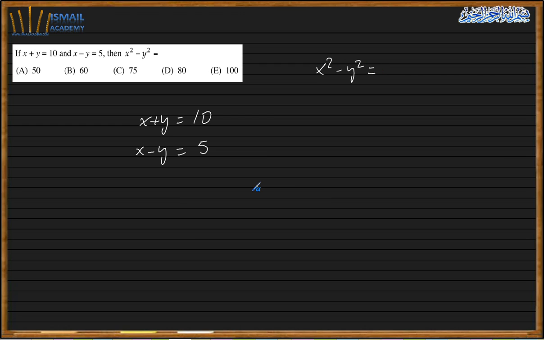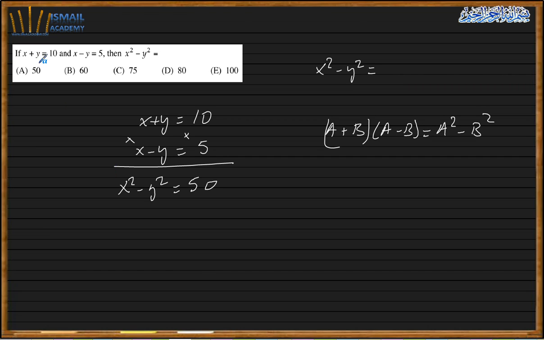Plus b times a, we have a plus b, a minus b. So what I do, I just multiply those two together. Here minus y squared, and here will give me 50 times x squared and subtract. So you don't need to do that. So just read and you will find out